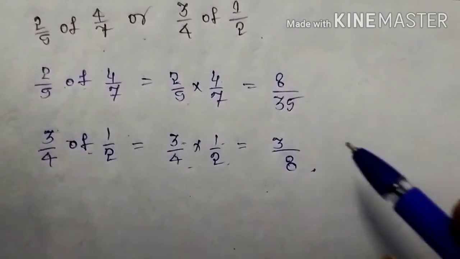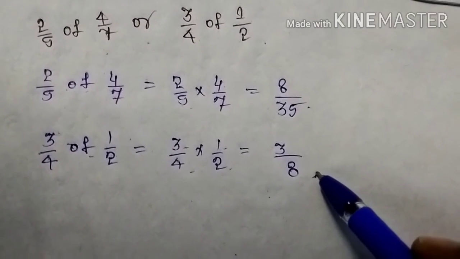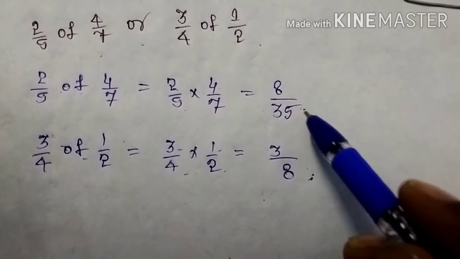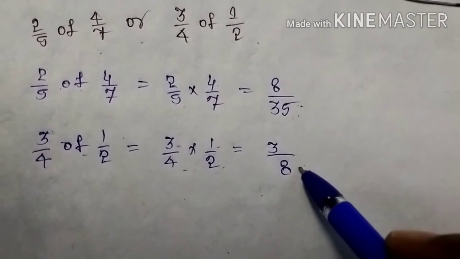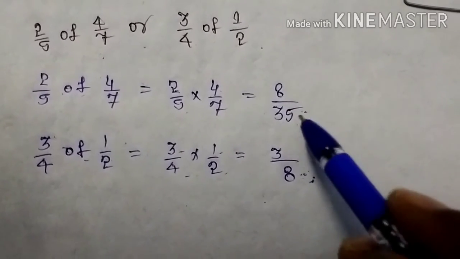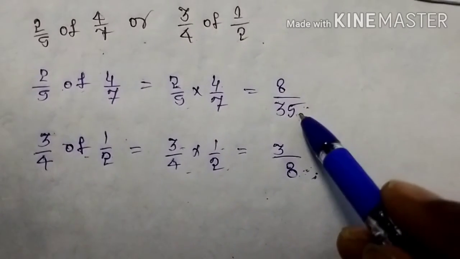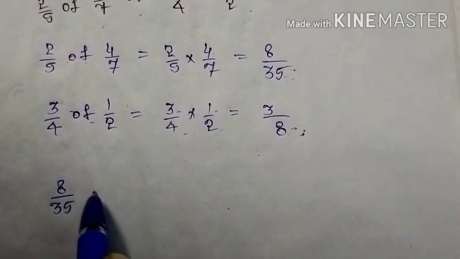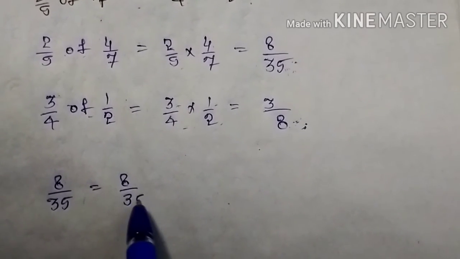Once you observe, how can you compare which one is the bigger one and which one is the smaller one? We can say directly whenever these are like fractions, but are these two unlike fractions or not? Yes. If they are unlike fractions, you can convert them into like fractions by finding the LCM of 8 and 35. What is the LCM of 8 and 35? See, there is no common factor for 8 and 35. So I am writing 8 by 35 is equal. Already you have studied equivalent fractions. Yes or no?